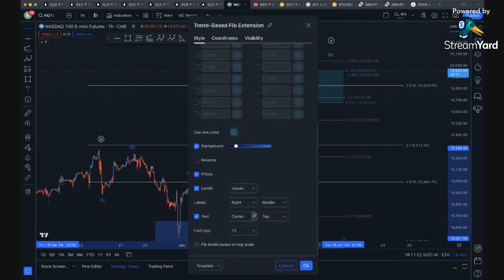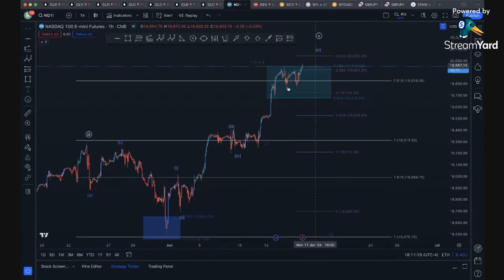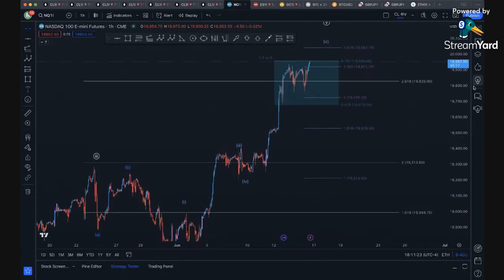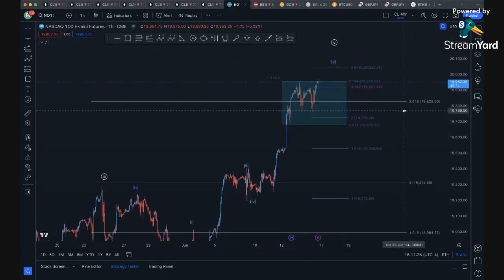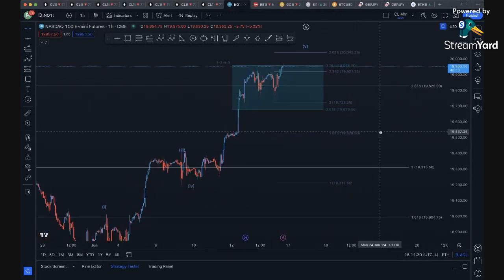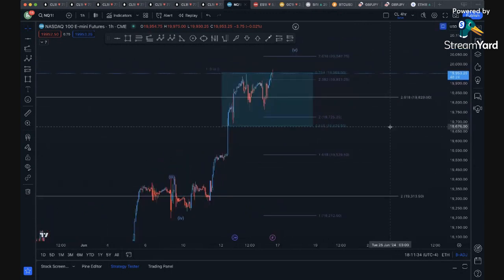I'm just going to move this text over to the left. So basically, from anywhere up here, you can be looking for a short. And when I say looking for a short, I mean looking for a short setup and then only taking it if, per your definition of a short setup and per your definition of risk,